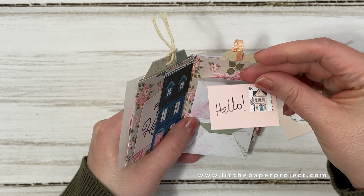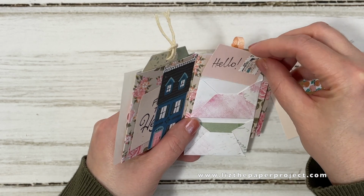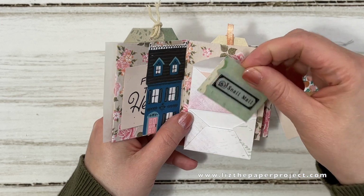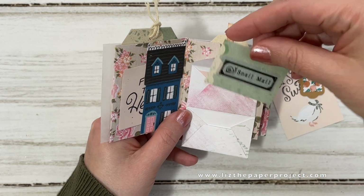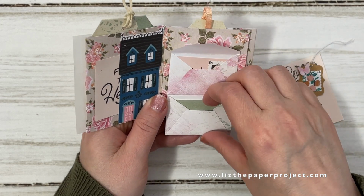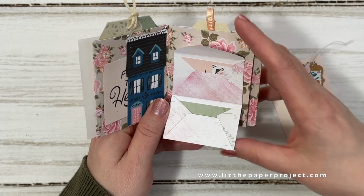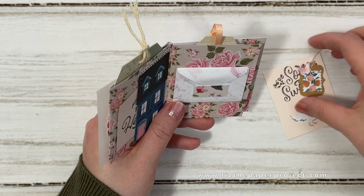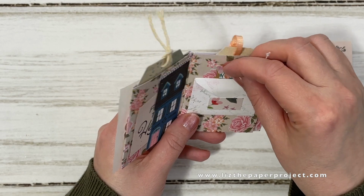And then inside, as you can see here, a super cute little note card that I made. It has a little canceled stamp, says hello. And then the one at the bottom, it has the little snail mail card. And I showed you in a video recently how I got those labels to use in my work. So I thought that was super cute to use it in this one. All right, so